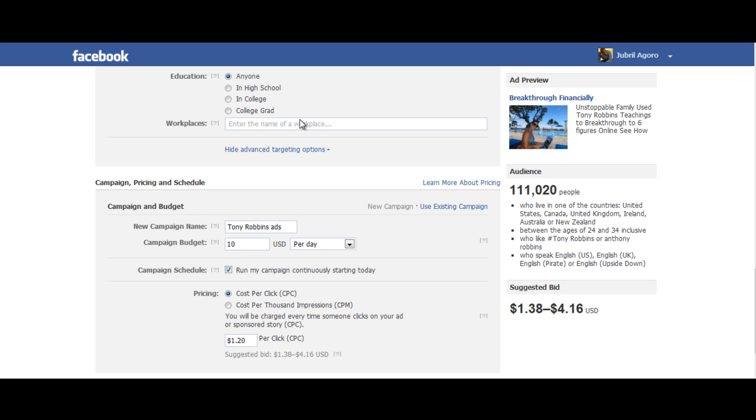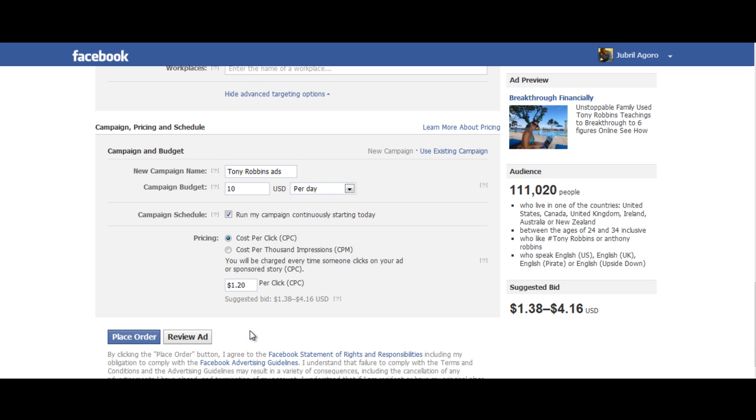And so I placed the ads at $1.20 for the bid. What I'm going to do now is just go ahead and place the order. And that is how you set up an ad. Next I'm going to do an example of setting up a fitness site. Some people from the webinar yesterday said they wanted me to help them set up a few ads. I'm not going to do them all, but I'm going to do a fitness one real quick so you can get an example of something different and how my thought process would work for that. So let me place this order.